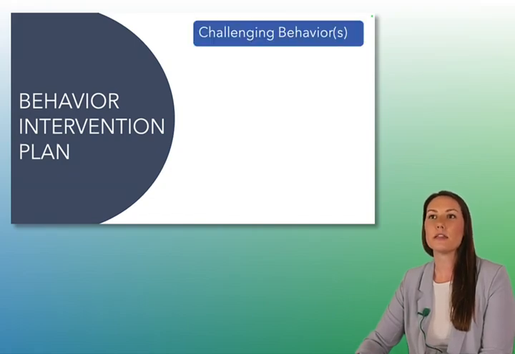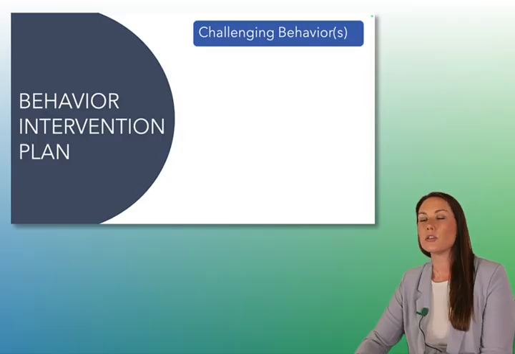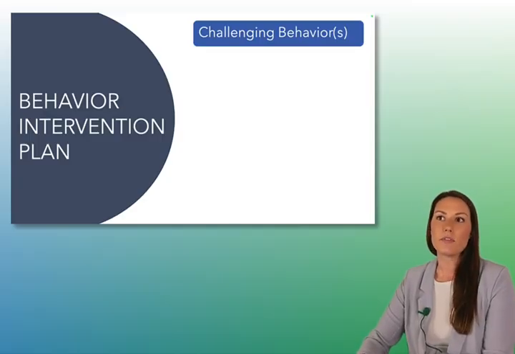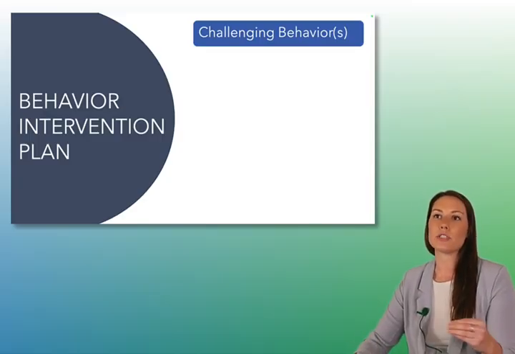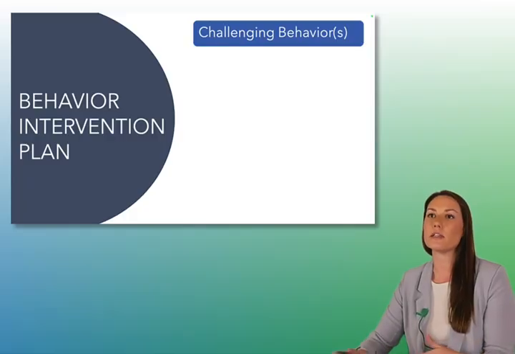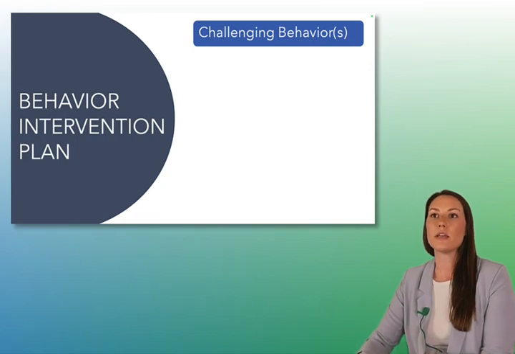So first is the challenging behavior or behaviors of interest. Often they will have a very specific operational definition for what constitutes this challenging behavior. It'll also likely have some sort of title or shorthand like aggression, elopement, self-injurious behavior, but you're going to have more information beyond just that title to know what it looks like exactly for your client. So what is aggression to the specific person, client you're working with? What does that constitute? What does that look like? And same with things like self-injurious behavior. They're going to be specific for your client, and so they will have an operational definition in addition to that